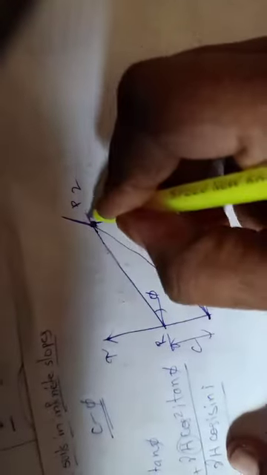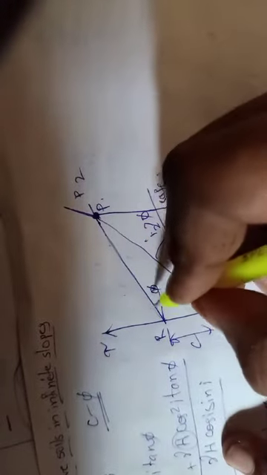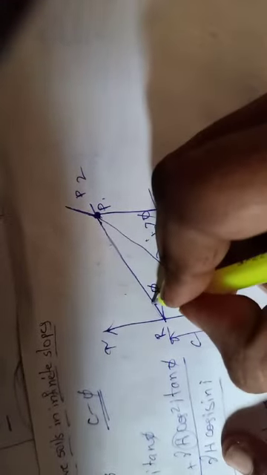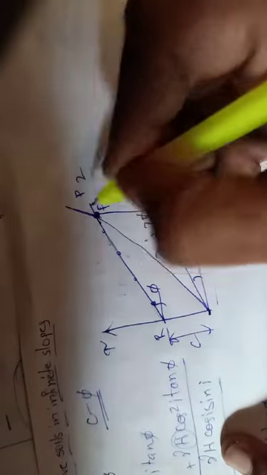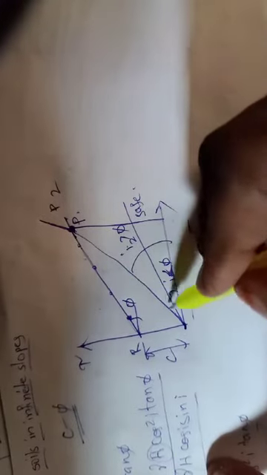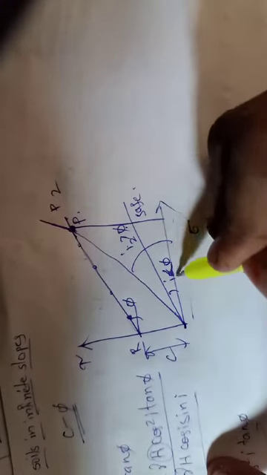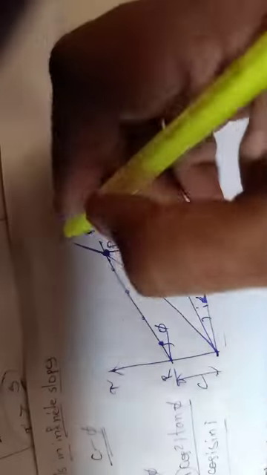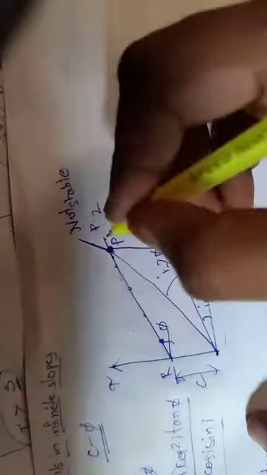What is a failure envelope? Failure envelope is nothing but the failure points of different Mohr circles. That is the failure envelope. This is i2 greater than phi and this is i1 less than phi. i1 less than phi is safe and i2 greater than phi will not be stable. Even from this graph we can calculate the factor of safety. And this is just safe. Okay, failure envelope.